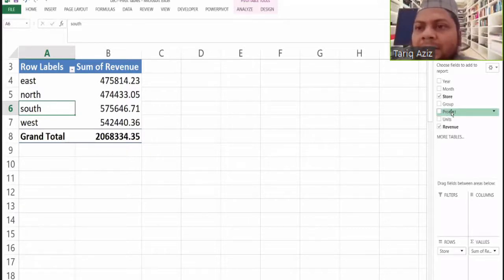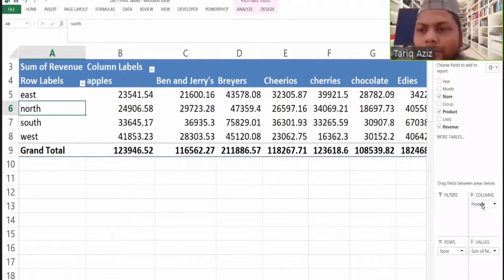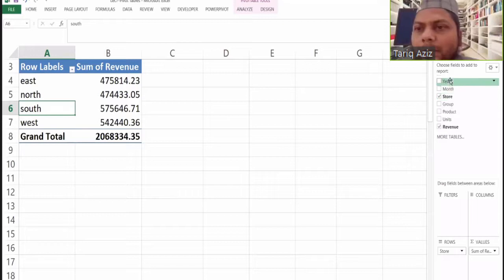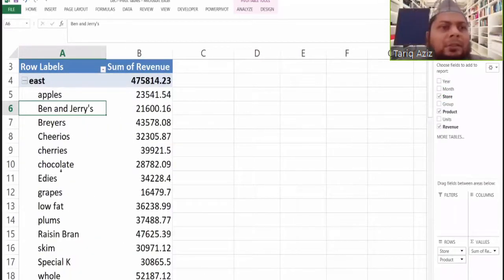We can create levels also. Say, for example, in east, the first level is store level and the second level of the data is product.